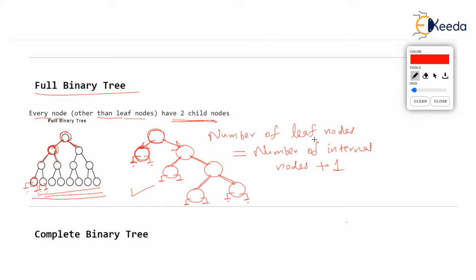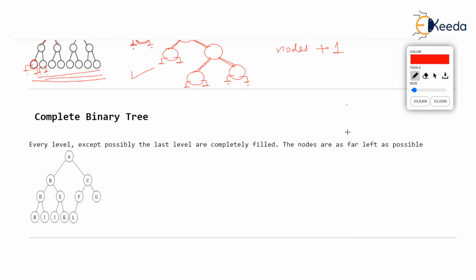Remember this. Now, one more type of binary tree is a complete binary tree. Nothing extraordinary again. See, the diagram which I have drawn is a complete binary tree. The definition of a complete binary tree: if you look at any level, let's take this level, this is level 0, everybody knows. And this is level 1. B and C are at level 1. Correct? And then this is the next level, level 2.